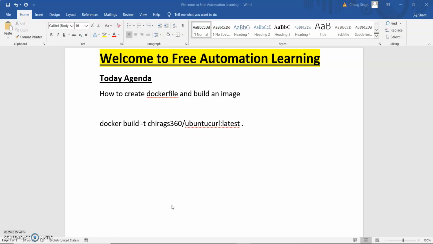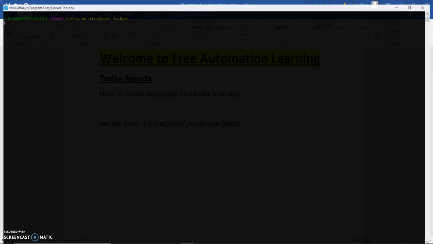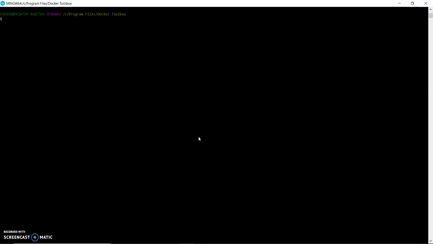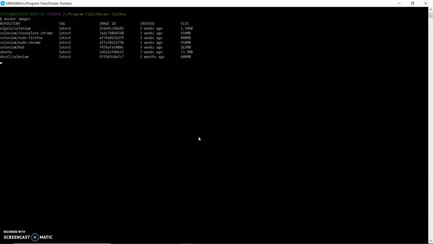So it is a very useful feature when we are talking about automation. Suppose we need a Ubuntu system and we have customized the system. So how can we do that? If we run Ubuntu, let me open my Docker, and here I will see first images, and there is a Ubuntu image, right?